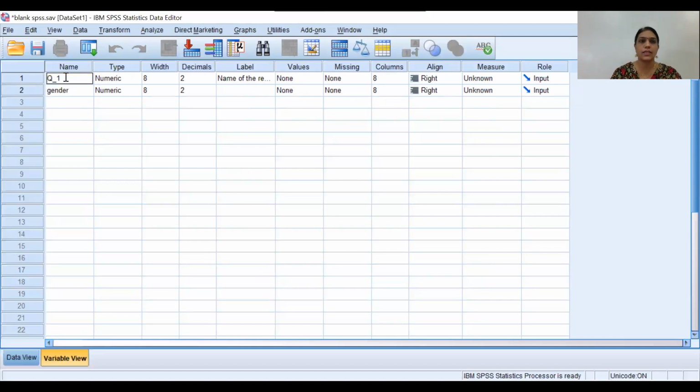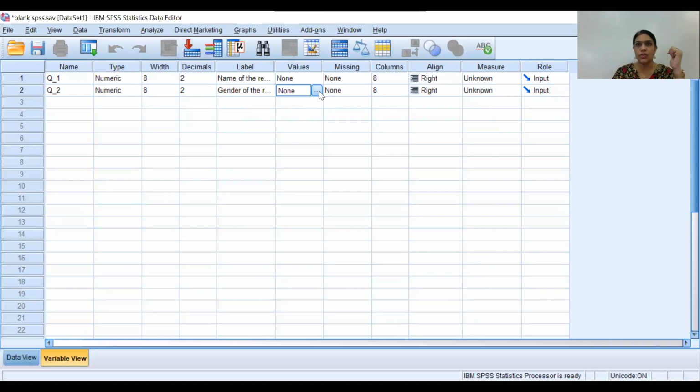I am writing question number 1, then for the second question I am writing question 2, gender. Here you can write the gender of the respondent. Now gender is a multiple option question: 1 for male, 2 for female.